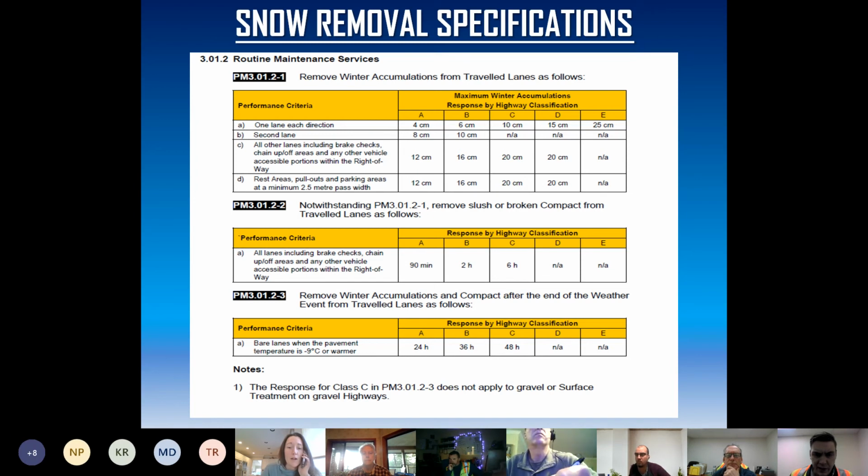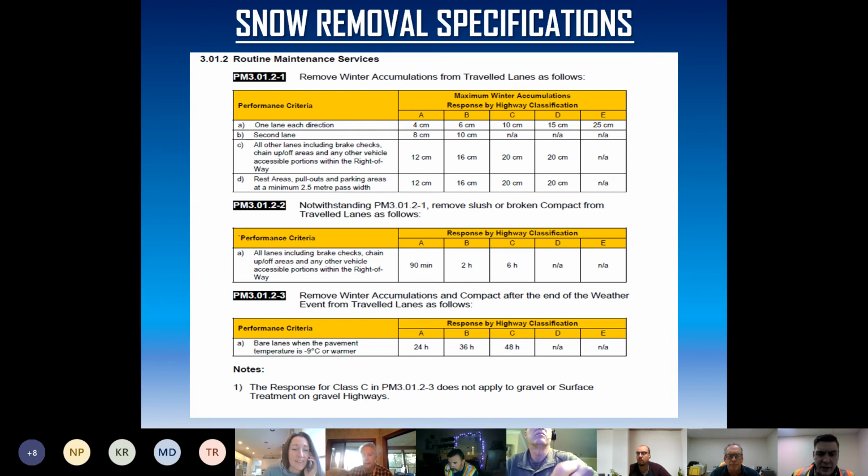We have a spec for all other lanes, including brake checks and chain up and off areas, any other vehicle access portions of the right-of-way, such as pullouts and shoulders. And then we have rest areas. Notwithstanding the winter accumulations specification, we have removal of slush or broken compact from travel lanes. That's to a time standard rather than an accumulation standard. So slush, broken compact is 90 minutes on a Class A, 2 hours on a B, 6 hours on a C, and not applicable for D class and E class